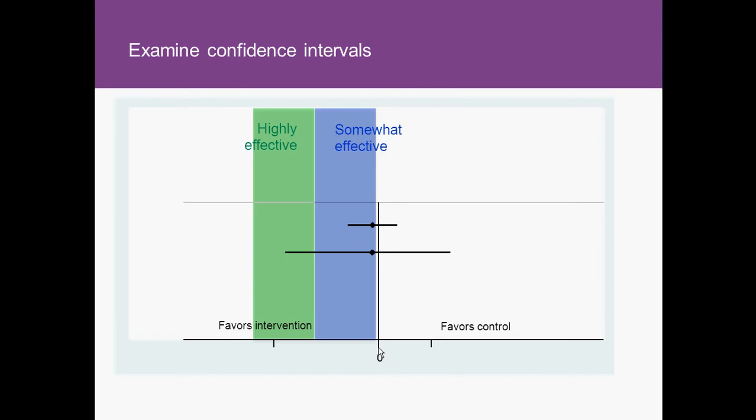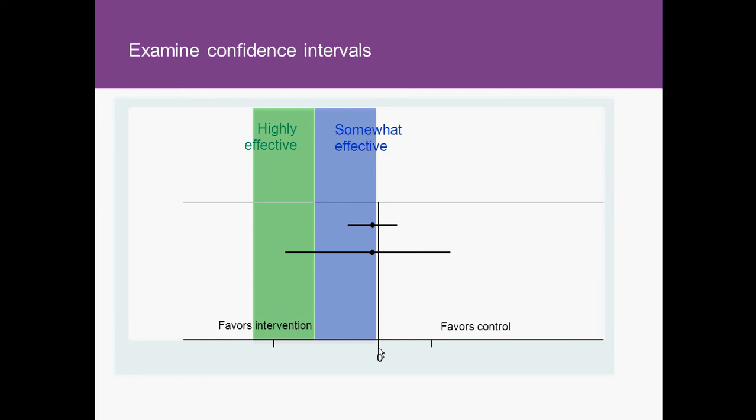As we mentioned in a previous help video, if the 95% confidence intervals lie completely to the left or completely to the right of that null value, you have a statistically significant finding. If you do not have that, which is the case for both of these interventions, then it's safer to assume that the intervention has no effect until further research is conducted that allows a significant finding, one way or the other, to be made.